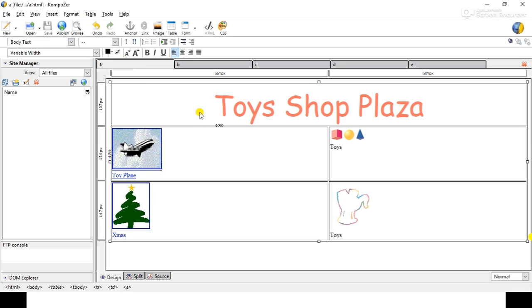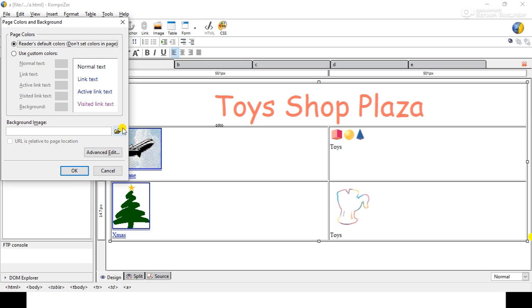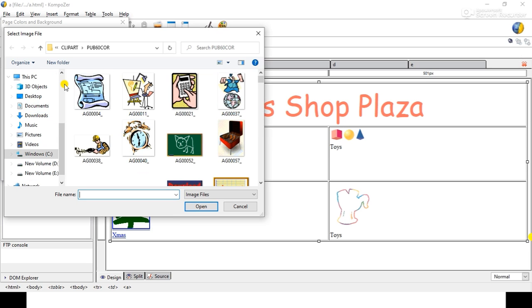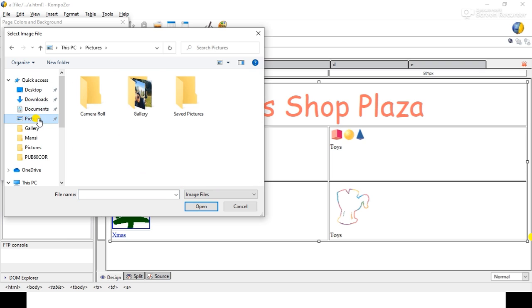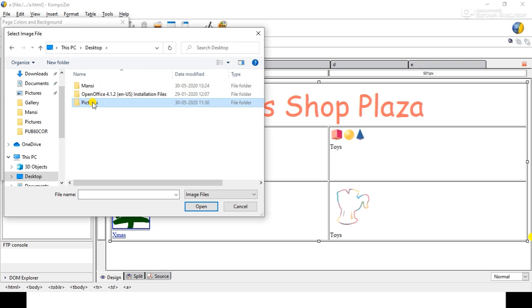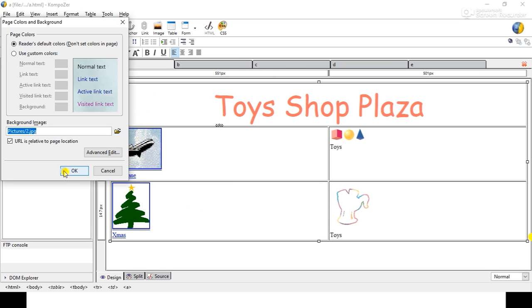If you want to set the background, you can go to Format, Page Colors and Backgrounds. If you want to set an image, you can click on this Browse, and select any image from the desktop, pictures, open, and OK.